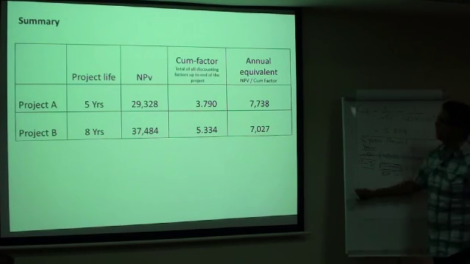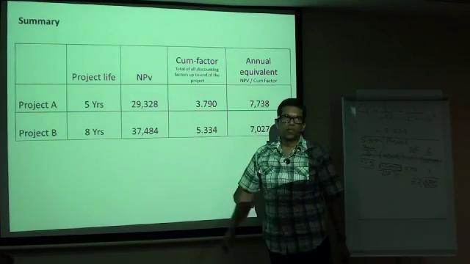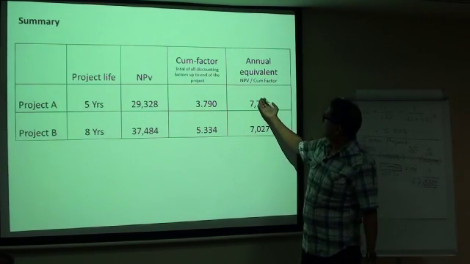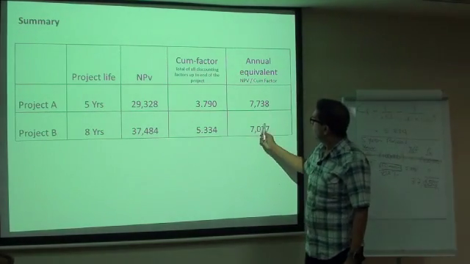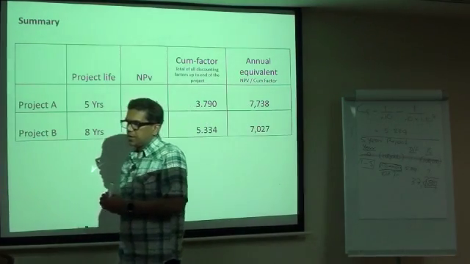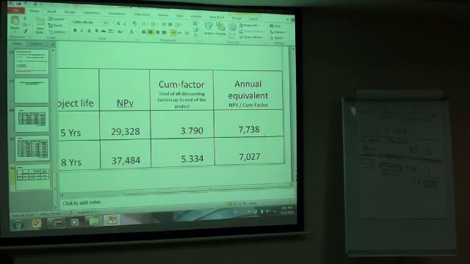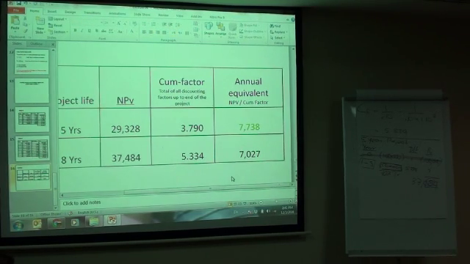Similarly, if you take a common factor of 7738 for 5 years at 3794, you get 29,000. So we ask, what is the common factor which gives us per annum better figures? Divided by the cumulative factor. And here the best project is to expect 29 million over 5 years. That's 7738. Got it? So this is the best project.